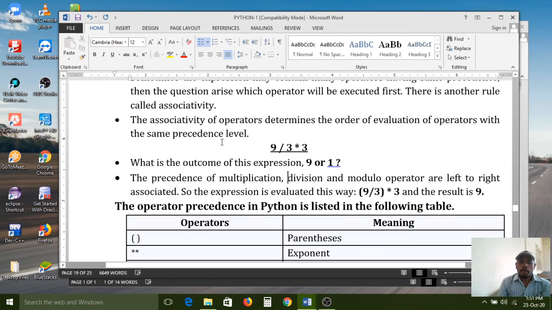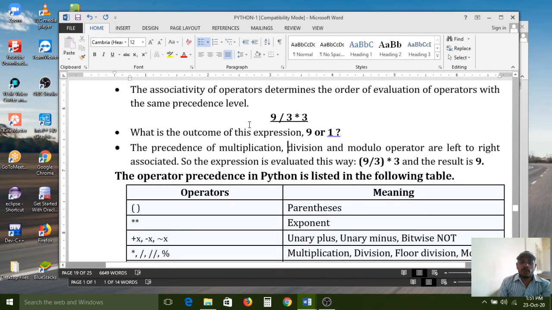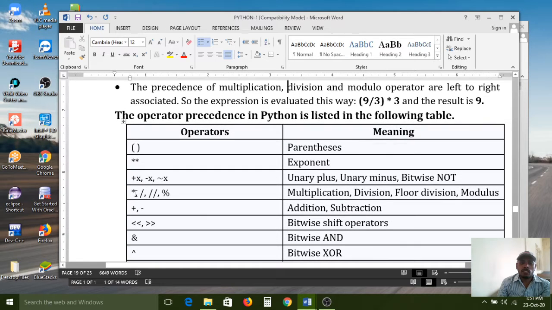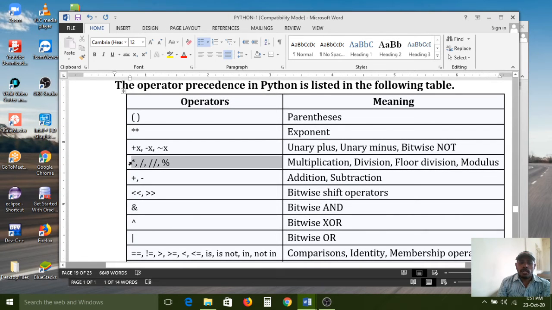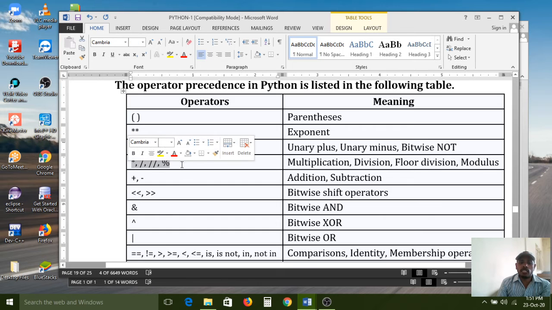That means the mathematical expression contains the same precedence, same priority. Here all of you look at the screen. In the table, multiplication, division, floor division, these symbols will take the same priority. So which operator will execute first here?